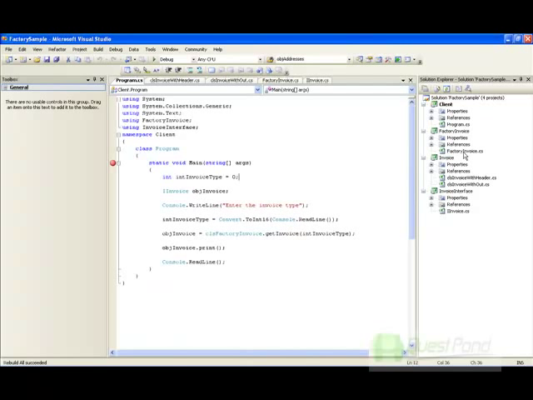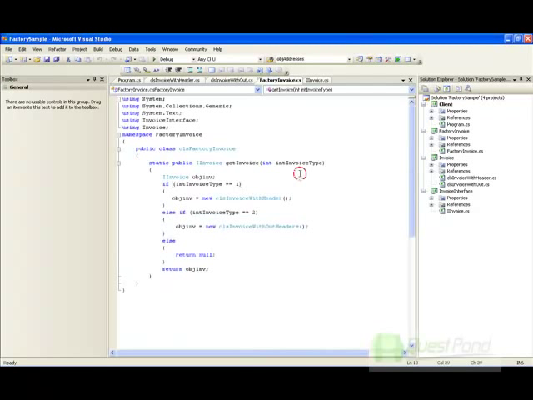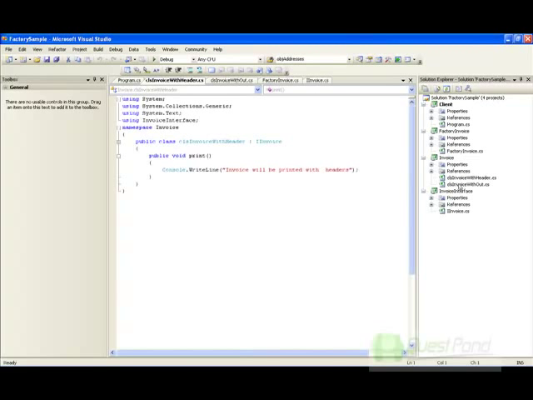So here's my factory invoice class, which actually takes in an invoice type, and then depending on the invoice type, it gives out the CLS invoice with header or CLS invoice without header, but it always returns a type of iInvoice. And here are both of my classes, CLS invoice with header and CLS invoice without header, and both of these classes basically inherit from interface invoice.